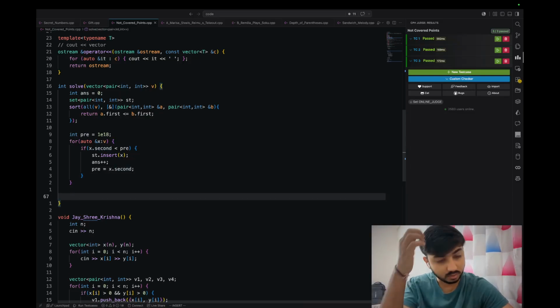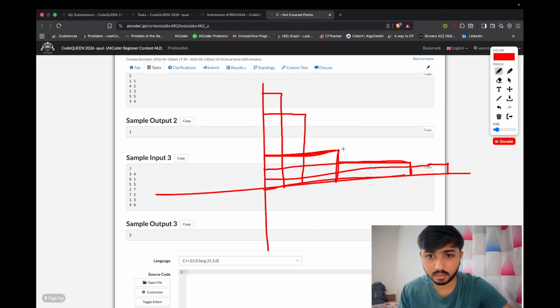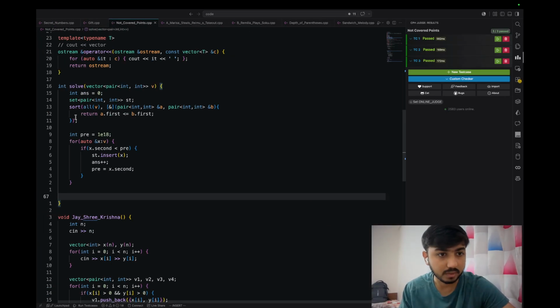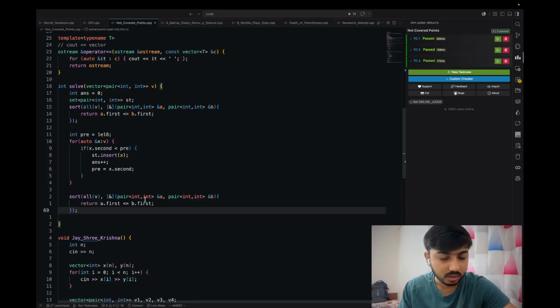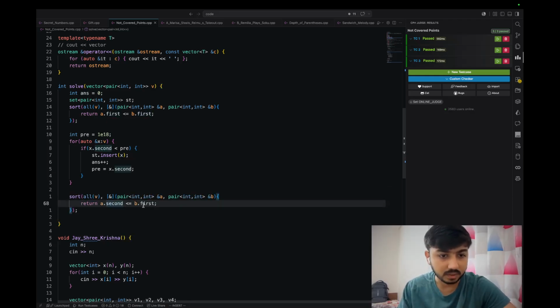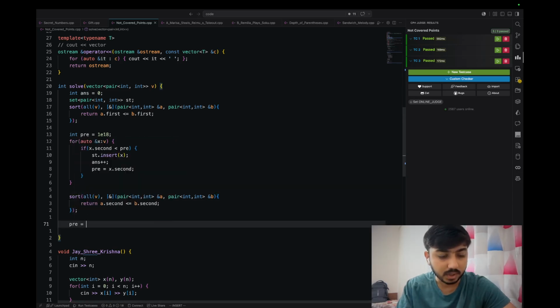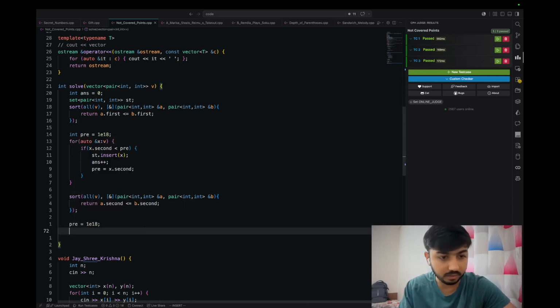Cool. So we have taken all this and we have to do the same for the y coordinate, on the basis of second. First we will sort, previous is equal to infinite